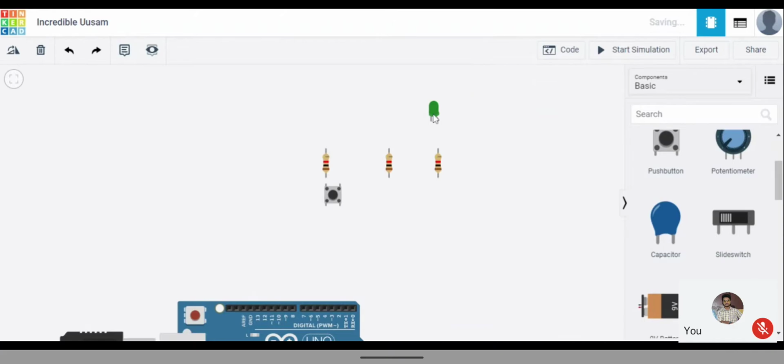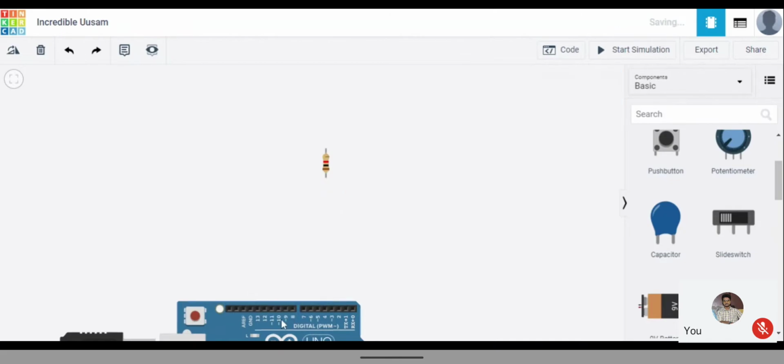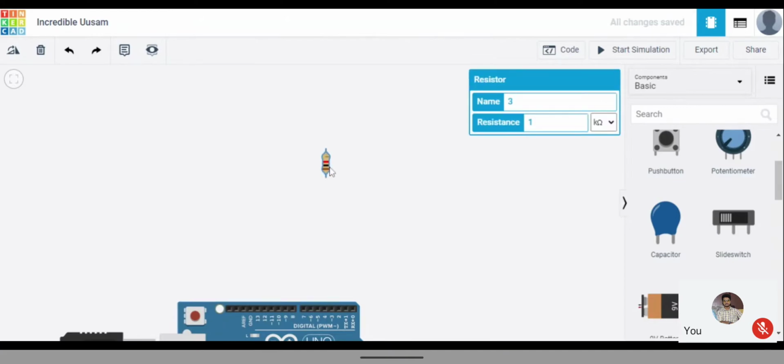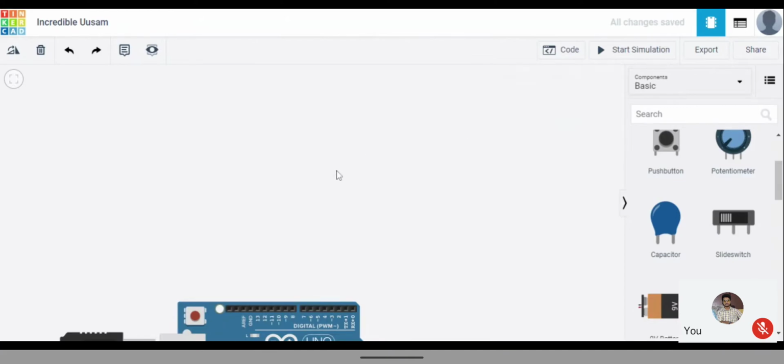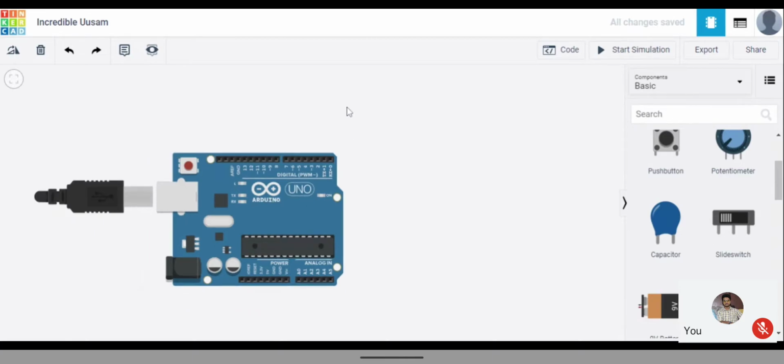The push buttons, I completed. Sir, can you just show that one? Yeah, Diksha. Can we use a battery instead of Arduino, sir? Your voice is breaking. Can you repeat the question? Can we use a 9-volt battery instead of Arduino, sir? Yeah, we can use it. But the problem is, if you use a 9-volt battery, what will happen?